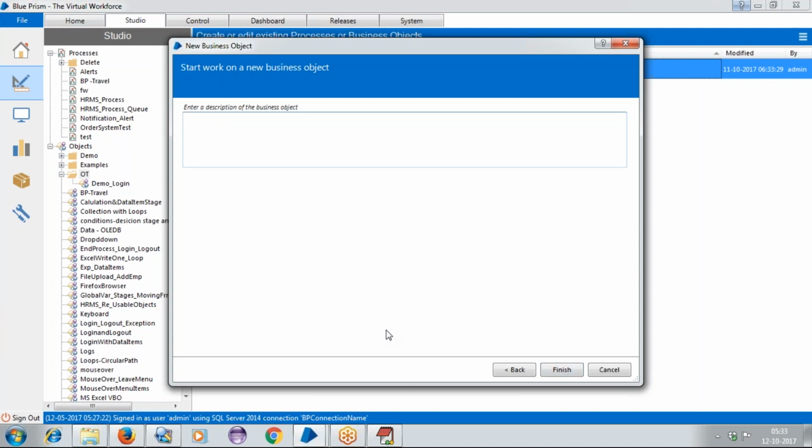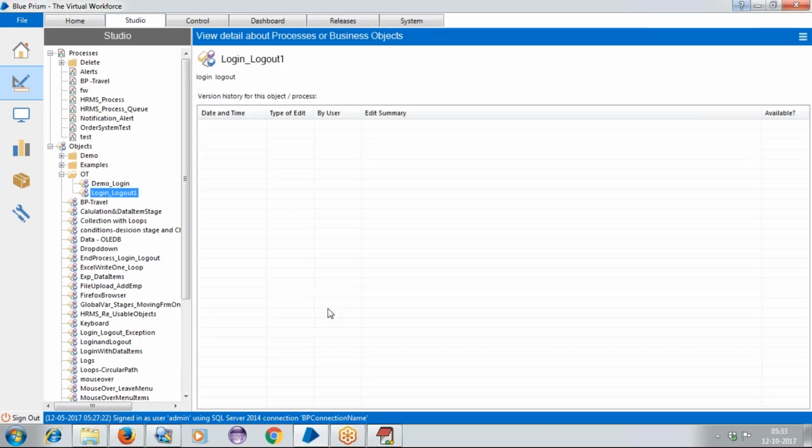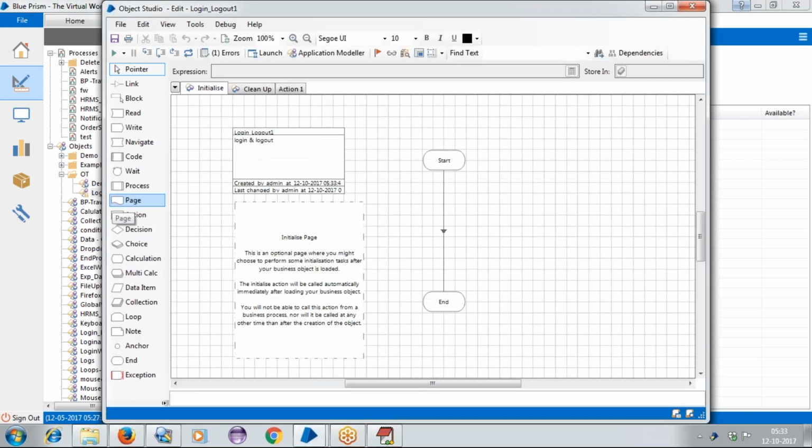It will ask for the description, and again I'll provide some description. I'll mention login, and after that click on the function. Okay, so it will get created. I will double click on it.